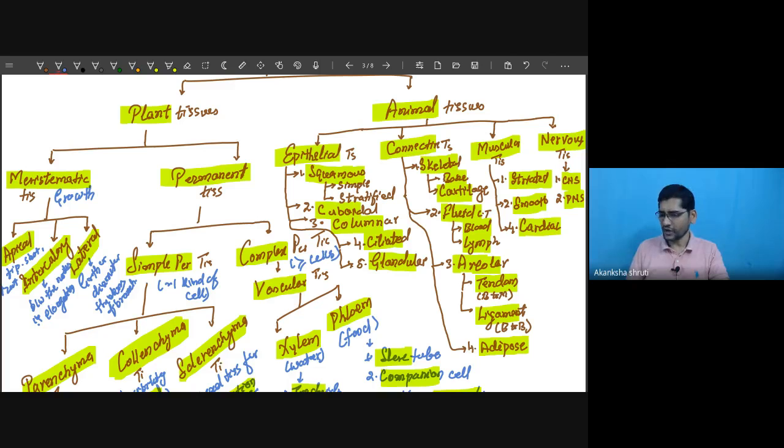Such tissues are called glandular tissue. It is present at many places, meaning all the glands which are able to give hormones or enzymes contain this glandular tissue. Like the mouth contains